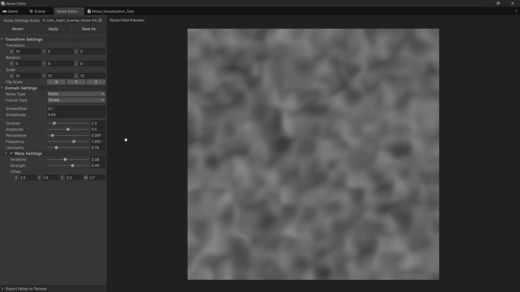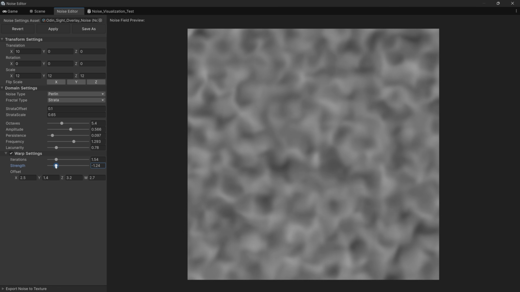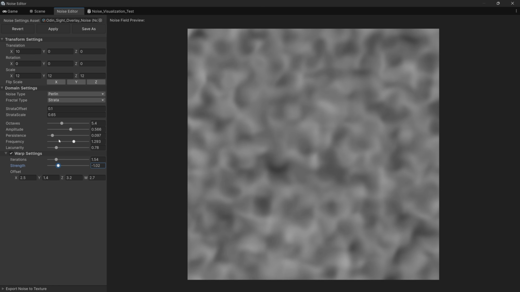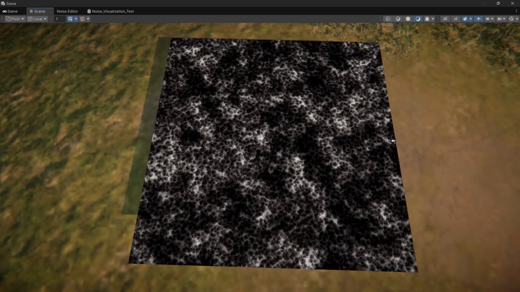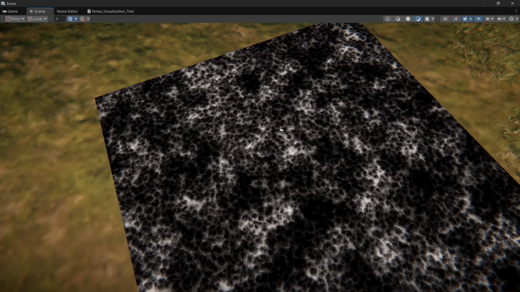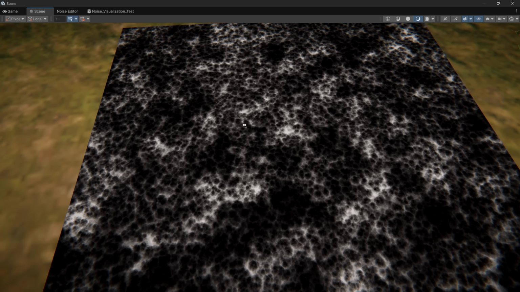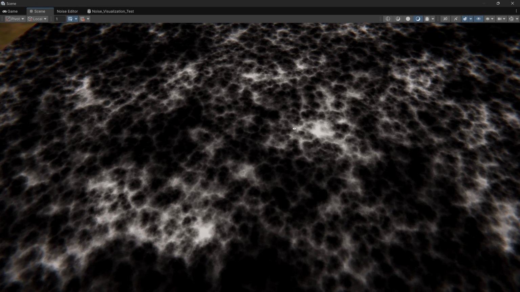To mimic that, I've created another noise texture that will serve as a visibility guide and updated the shader graph to read the values from the overlay noise texture and use it to alter the visibility of the original one. And after tweaking the values a bit, I got something that looks like this. This is looking quite similar in my opinion. Of course, one can always adjust these noise textures more to get an even better result, but this looks good